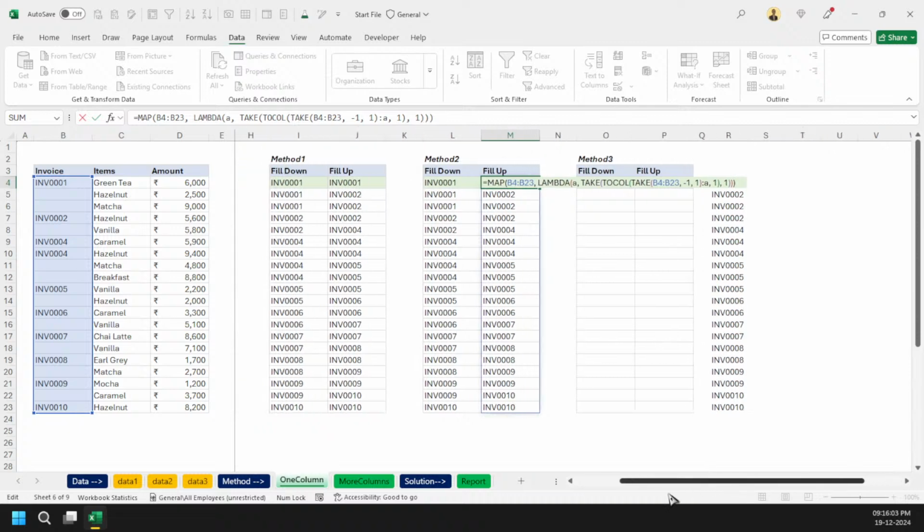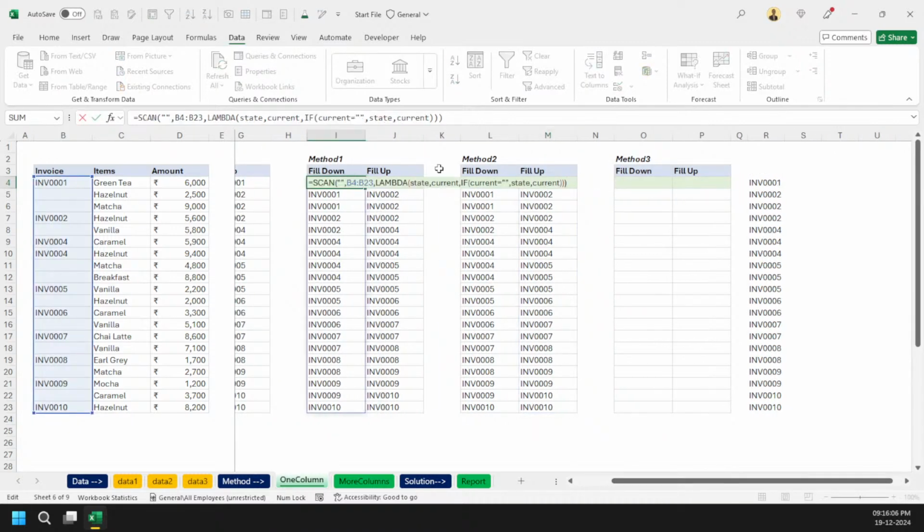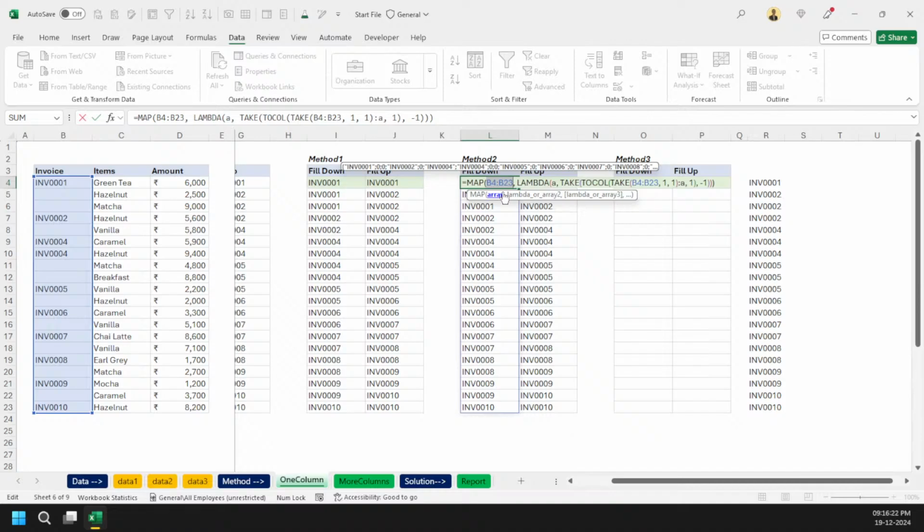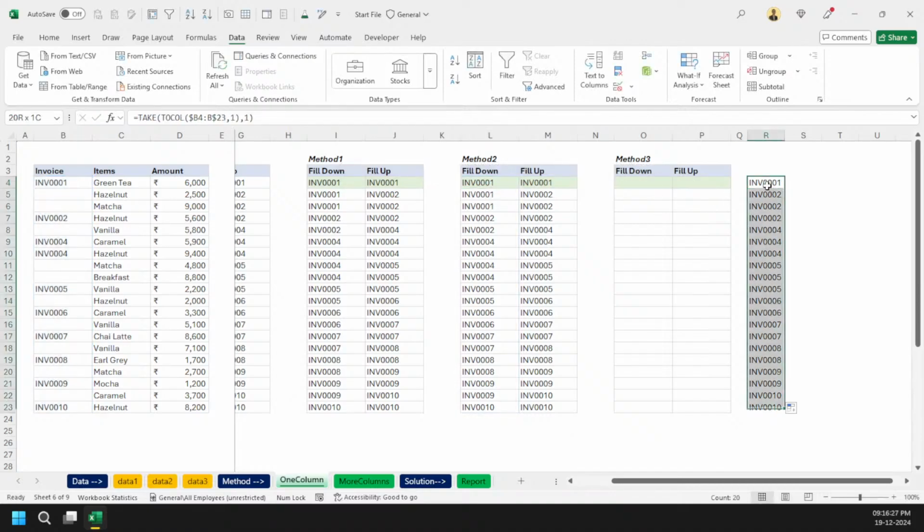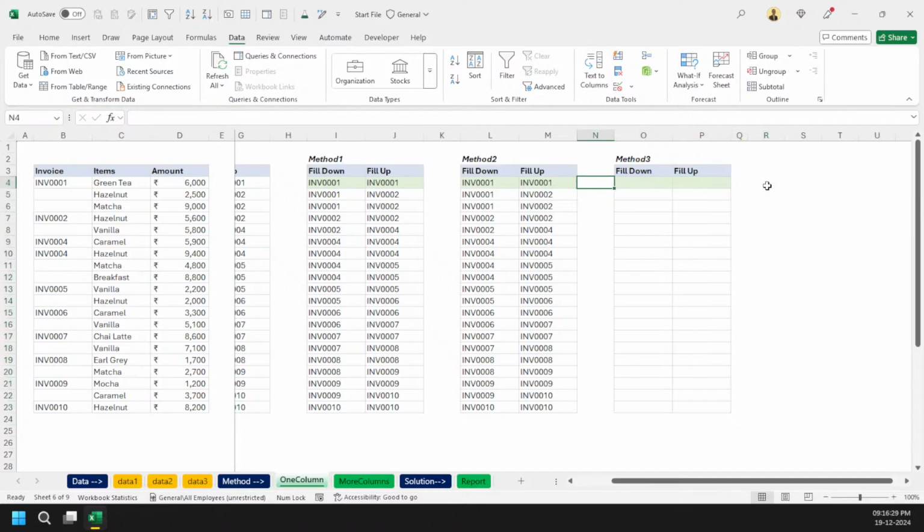And the only thing you need to now remember is that the scan function will work here, obviously, even when it is an array format, but this function will only work when we have got a range. And if my array is not in range format, then it will give me an error. So that's the limitation with it. I will show you one more trick here. How can we fill up and down? But this thing will only be limited to only one column and not multi columns. So let me share what I mean.